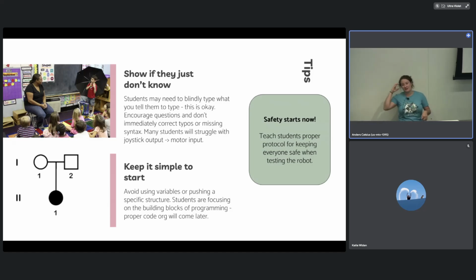It's really, really important that we set our standards early and we keep them consistent. So when we are turning on our robot to make a motor move off a joystick, I'm like, okay, so when this happens, you look around and make sure no one is touching the robot.